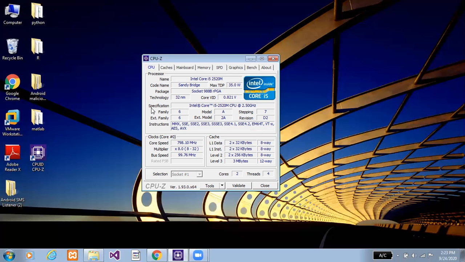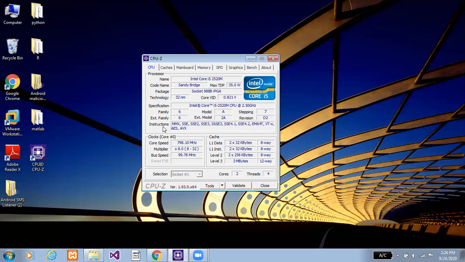Specification. It shows the processor information, family and extended family. It refers to the stepping information of processor. It is used to determine revision of a processor. Each update is a new revision. We use this to see if processor revision is the one without the bug. Instruction. It refers to the instruction set that processor is capable of running.